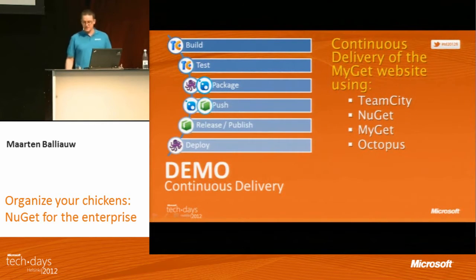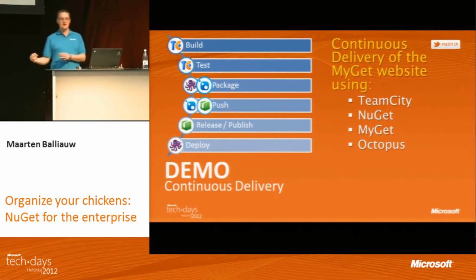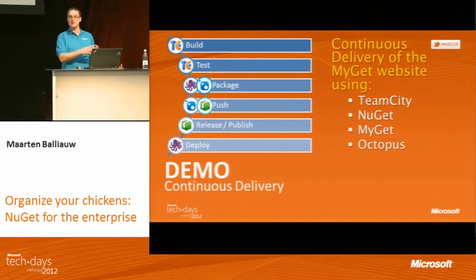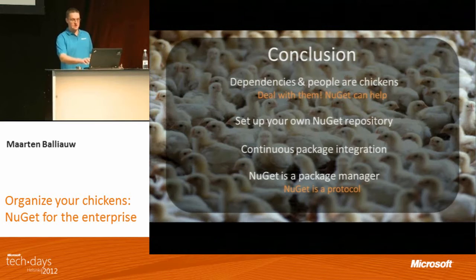So this was a scenario I talked to you about. Just for NuGet, we have our build server. We run our tests. We publish our software to a NuGet feed. Then we use Octopus to deploy this software from that NuGet feed to our environment. And then we release it. Just having the entire chain, but just using NuGet as the intermediate protocol between every server and every step in the process. So with that,